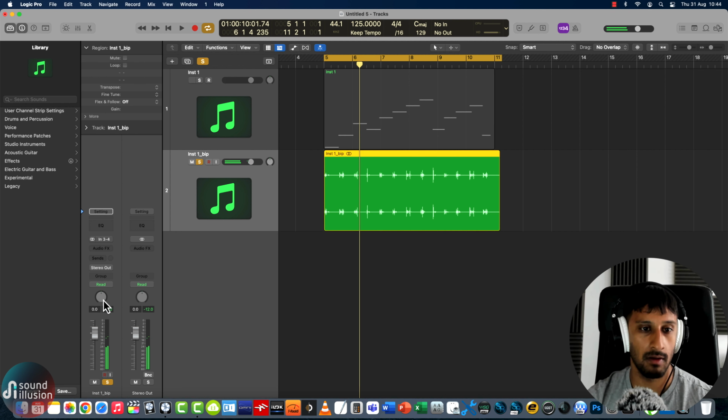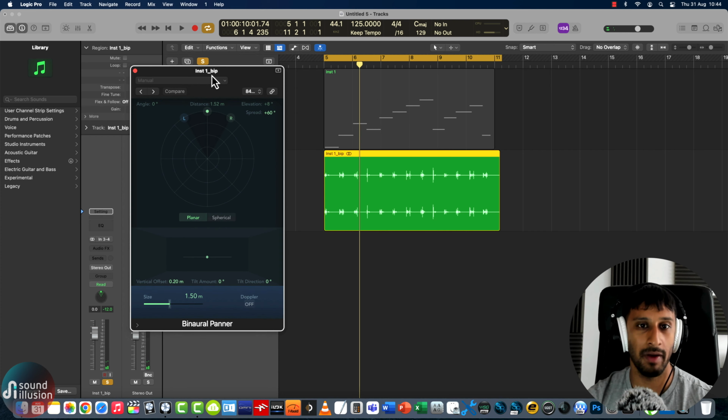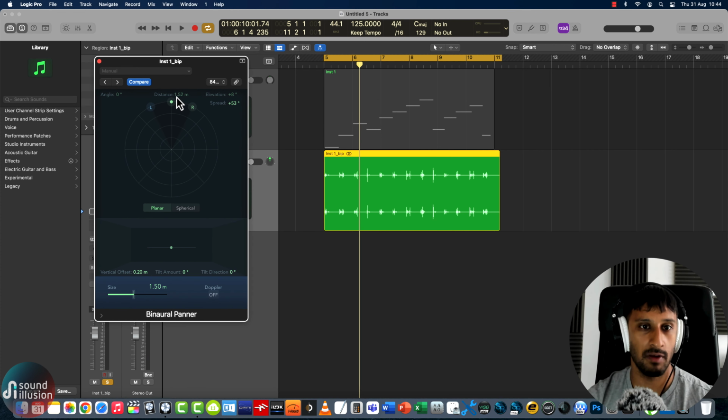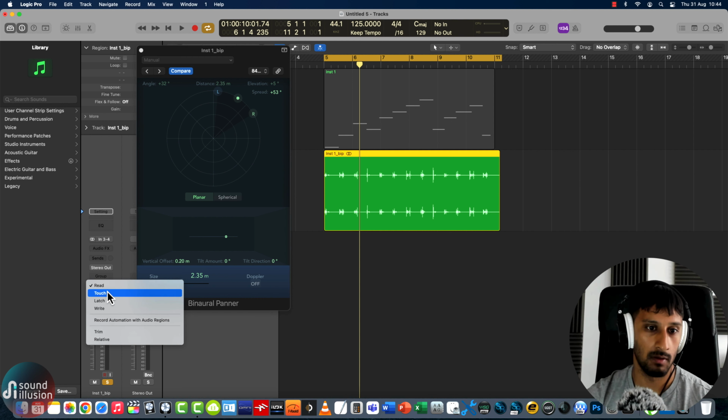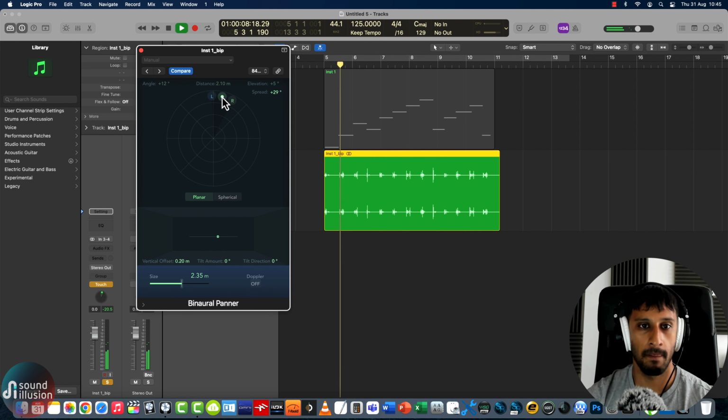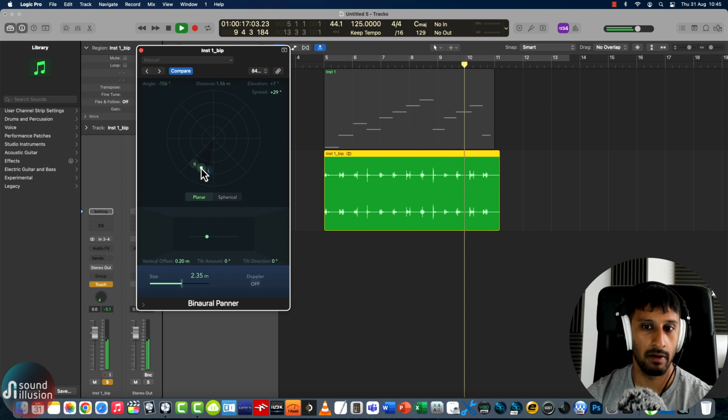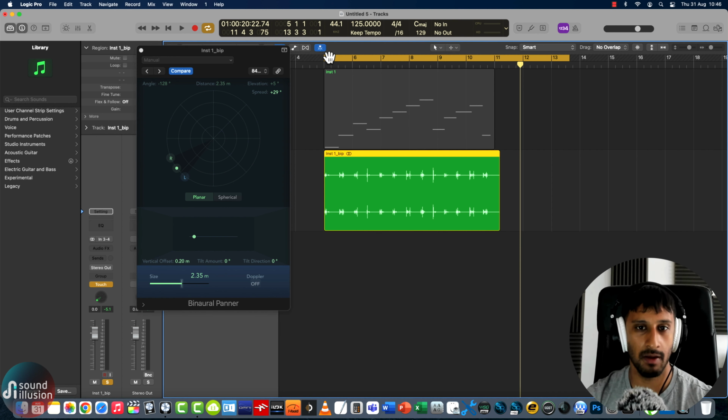And now I can use binaural panning to make this sound 3D. So if I want the footsteps coming in from the top up close, I'll just do this. I'll just record that in. Footsteps walking towards my right here. Now walking behind me, and then leaving on the left. And there you have it. So now if I play that back,